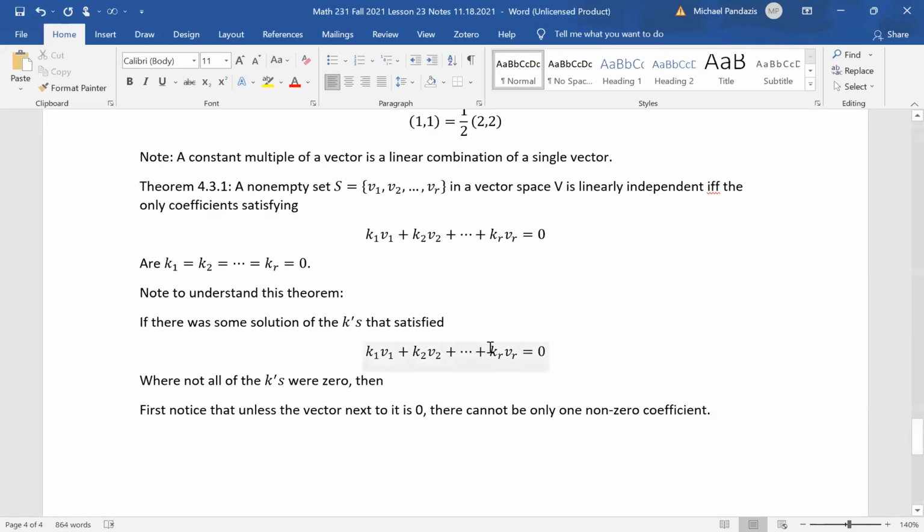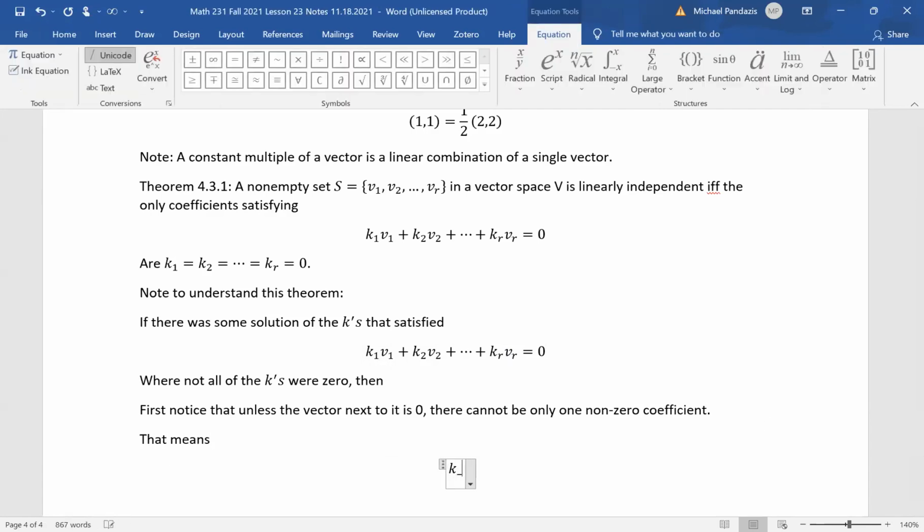If only one coefficient was non-zero, you'd have to multiply it by a 0 vector to get 0. If this was a non-zero vector and you had a non-zero coefficient, you need at least two. And so then that means that you would have something like k1 prime, meaning the first non-zero coefficient, times